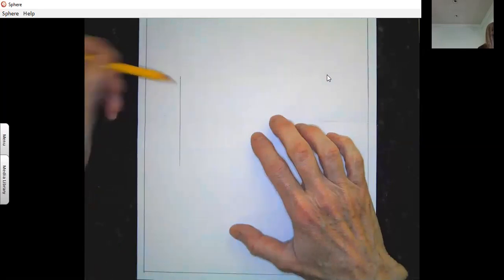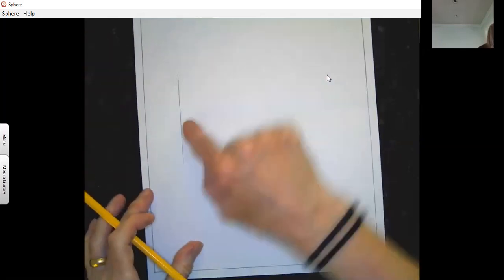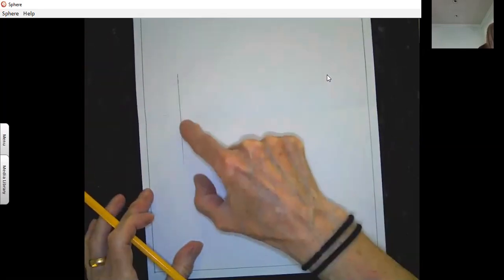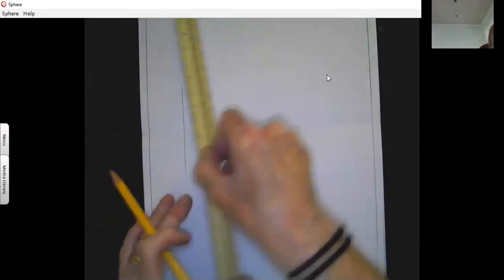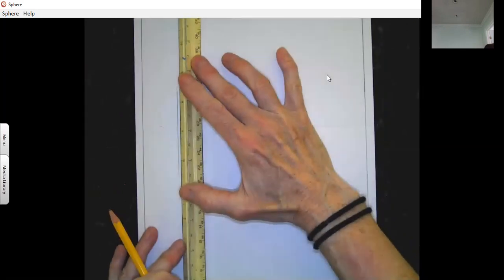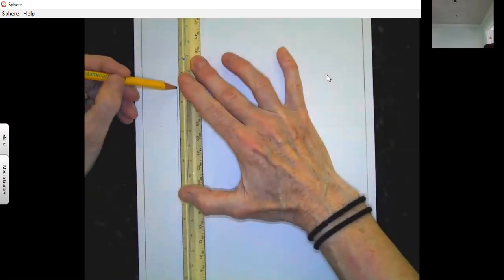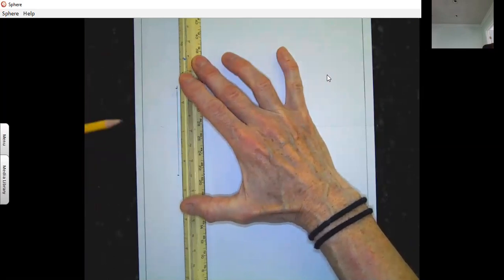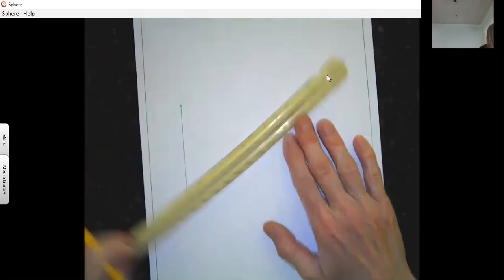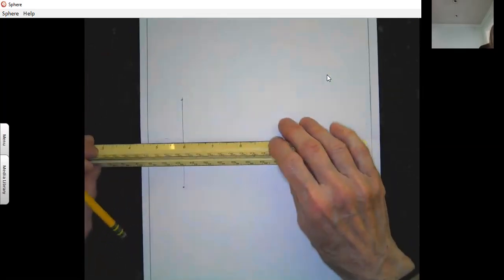a line, and I want it to be about the same from the crease to here as it is from the crease to here. So I might as well measure, since that was part of our second grade curriculum. So I think I went up about 1.5 inches, and that means I need to go down 1.5 inches, and it looks like I somehow managed to get it about right. Okay, and then I'm going to